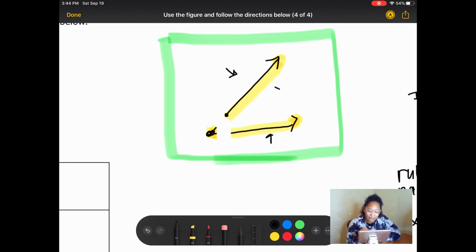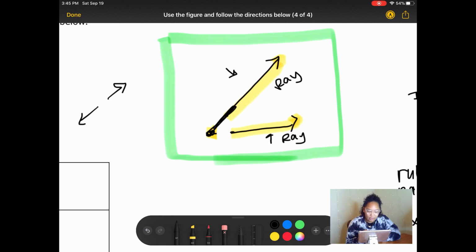This by itself is called a ray. And this by itself is called a ray. And a ray is, I would call it half of a line, because a line goes in two directions forever and ever. But a ray has an endpoint on both of those things. Okay? So this ray has an endpoint and it goes in one direction forever and ever and ever. And this one does the same thing. So when you put them together,